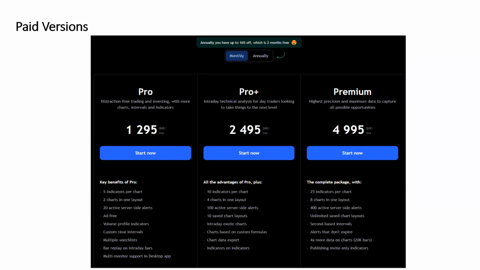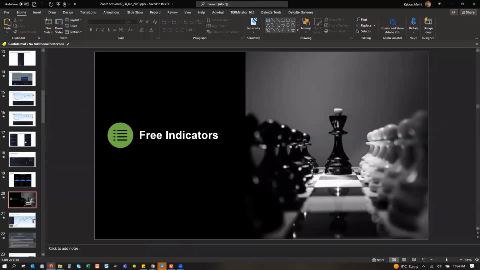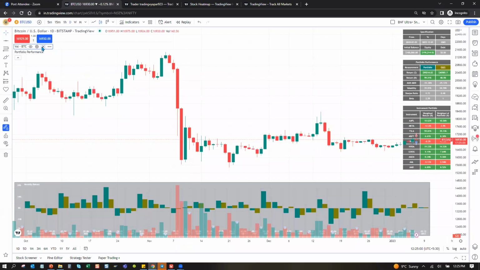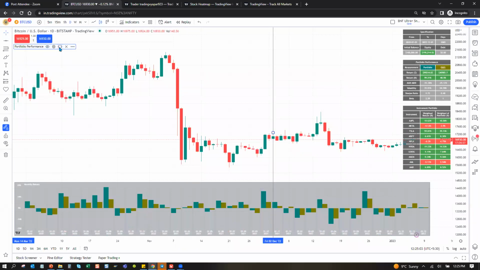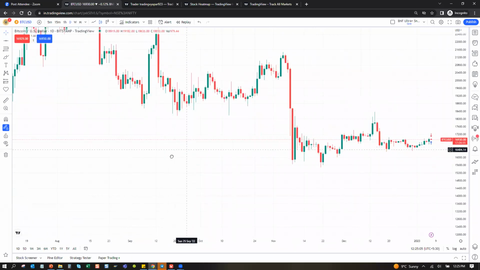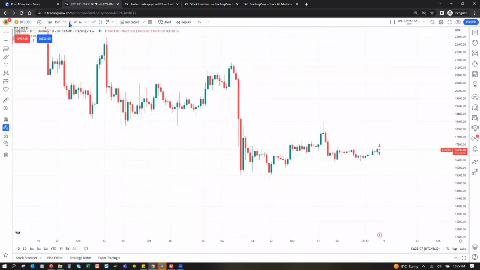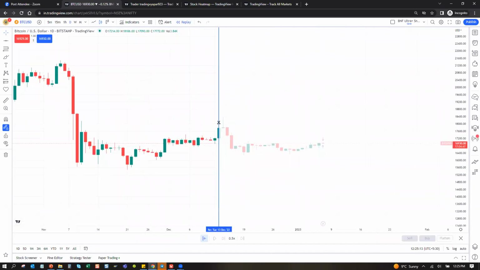So with this, let me show the bar replay that I just mentioned. Let me remove this indicator. Okay, let's say this is Bitcoin's daily chart. Now I want to replay this.